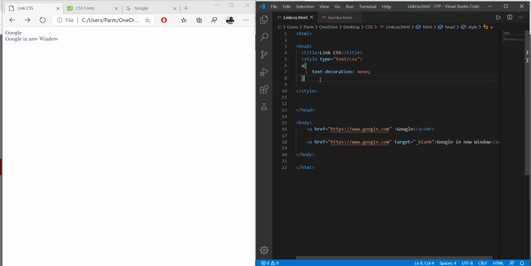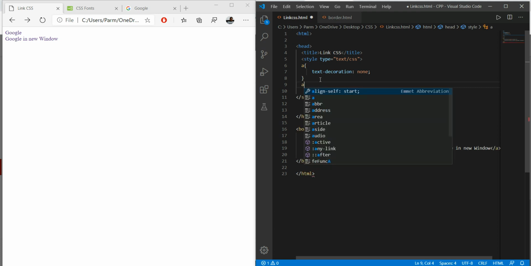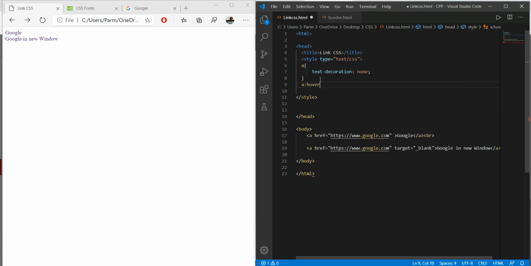To achieve this, we use the concept of pseudo classes. So how do we use pseudo classes? Here we write a, then a colon, and then hover.